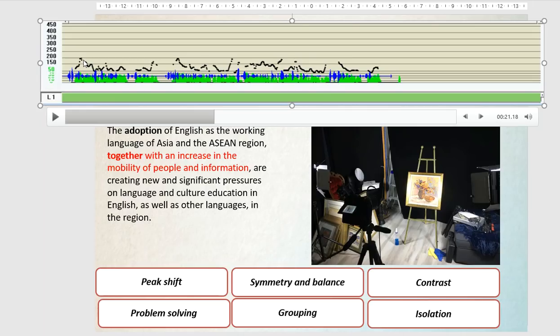Right? So you can, but look at this, there are other peaks here. We've got other peaks. Remember, there's a peak shift here, and it's also an isolation principle. Isolation means what are the things which are sticking out, standing out? There's a number of them standing out, like together with an increase in the mobility of people and information. So what is sticking out are the